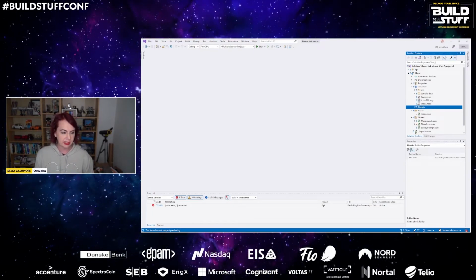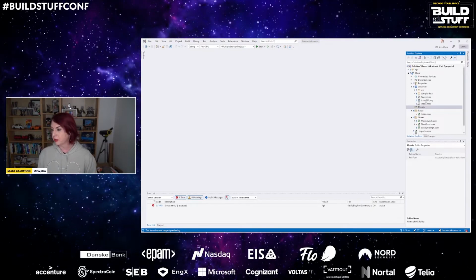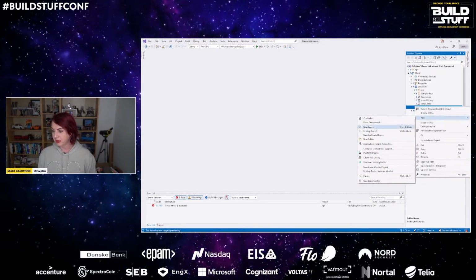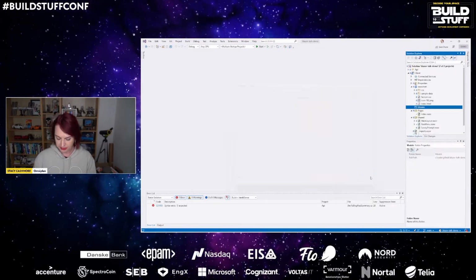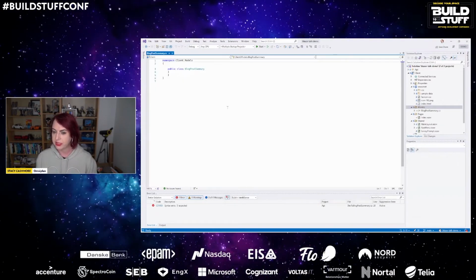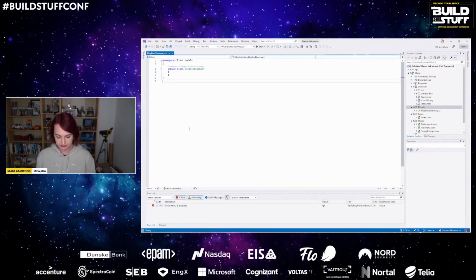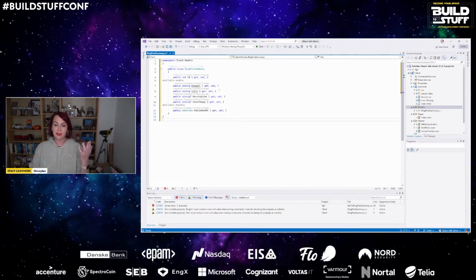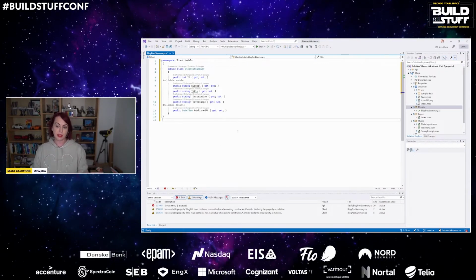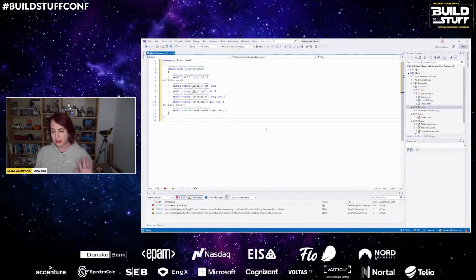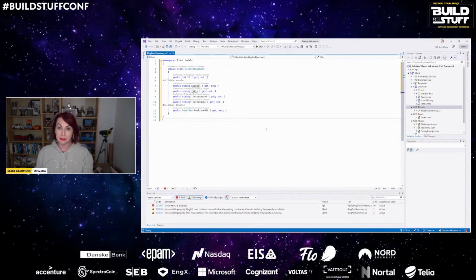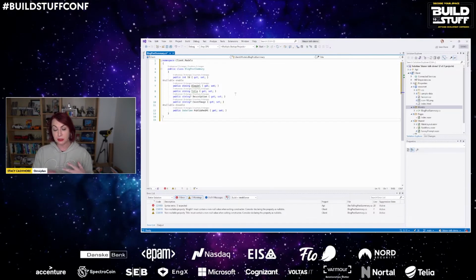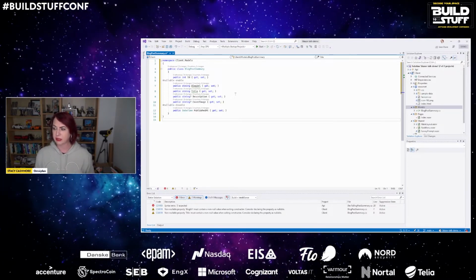But setting up an extra project still takes more time than simply copying the model a second time. So for the demo, we're going to live with that. So here we just have, again, that ID, blog URL, title, description, cover image, and publish date, with the nullable enabled because I'm running in a .NET 6 project here and nulls are enabled, and otherwise things go a little bit manky.